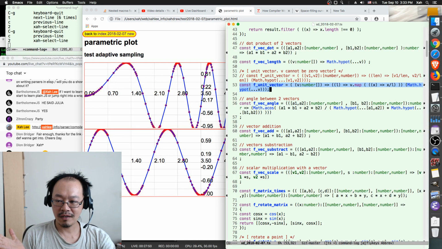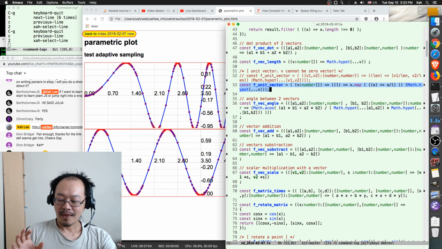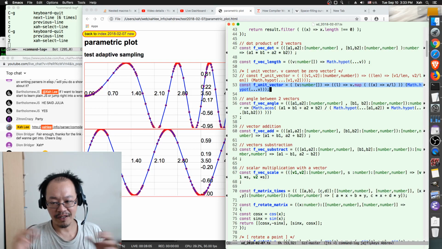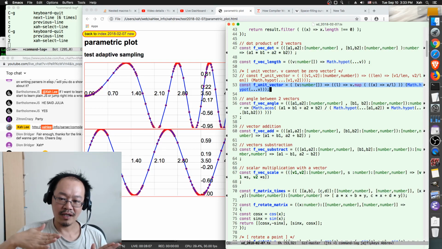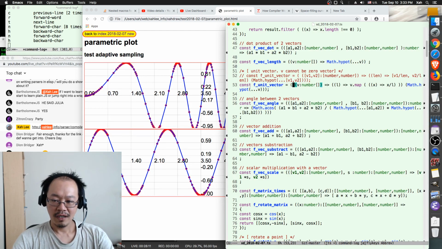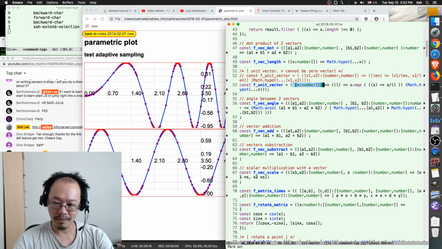Why do you want the vector to be length of 1? Because in many ways that makes a lot of problems simpler. When you have a vector, you often want to shorten the length, so the length is 1. So this is how you do it. This function takes a vector, which is an array of two numbers, then it returns